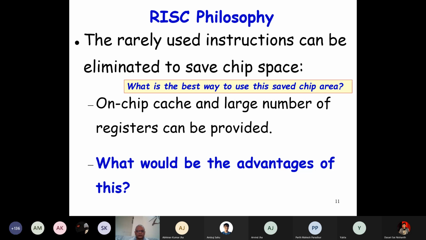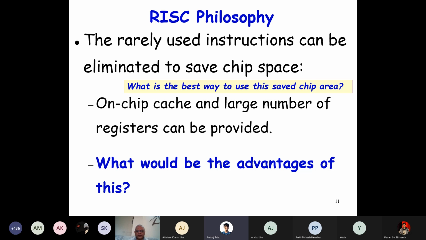Now, when you reduce the number of instructions from 1000 to let's say 100, and those instructions were doing very complex work, you save a lot of chip area, because for each of those instructions you have to have the hardware circuit, right? Like string comparison and so on. So you saved a lot of chip area in the RISC compared to a CISC. And how do you use this chip area? Anybody would like to answer? By reducing the number of instructions, you freed up a lot of transistors, a lot of chip area.